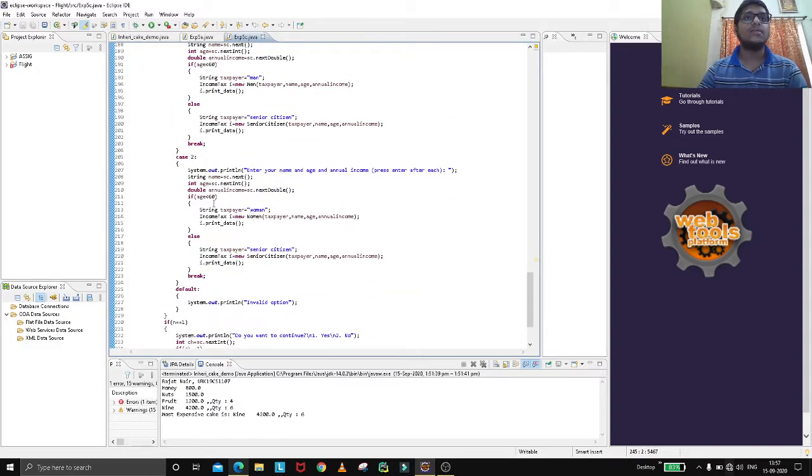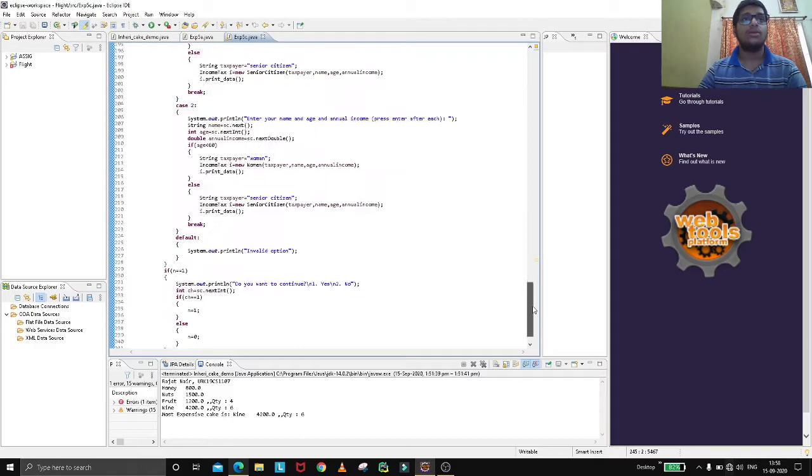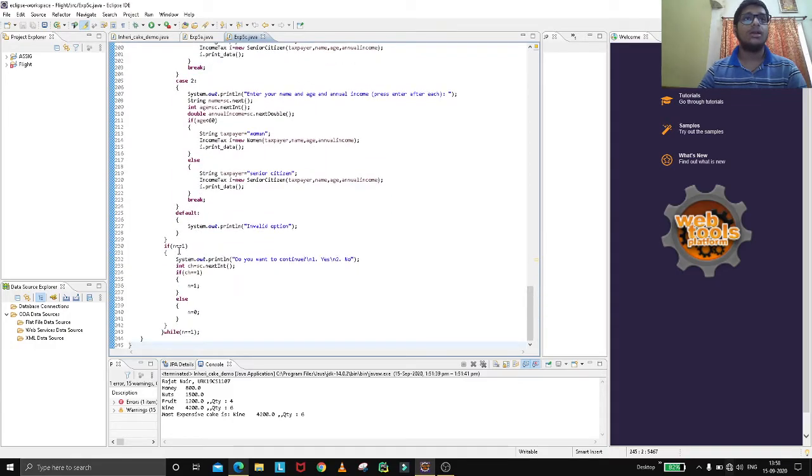If less than 60, it's a woman who will pay tax, and if greater than 60, she is a woman who is a senior citizen and will pay tax. We have called this with i.printData, which will give you every possible value of income tax according to the tariff plan. We have created switch case statements.